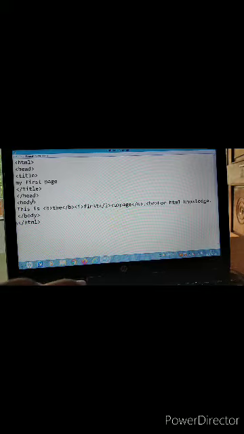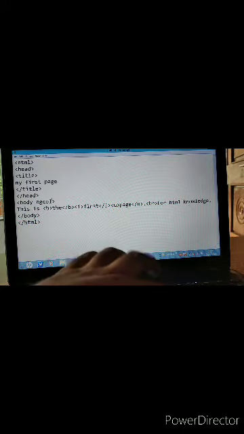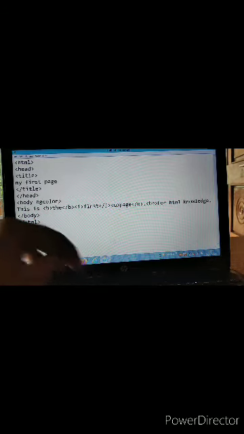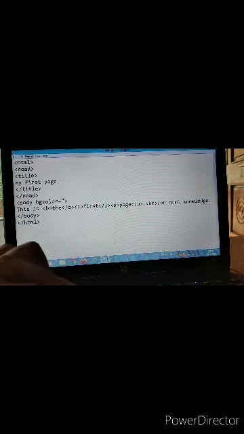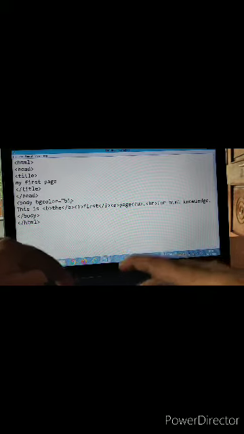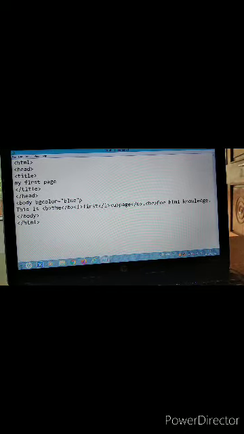If I want to change the background color, then BGCOLOR is equal to, if I want to give the blue color behind the web page, then at that time set the BGCOLOR, meaning it will be useful for background color.